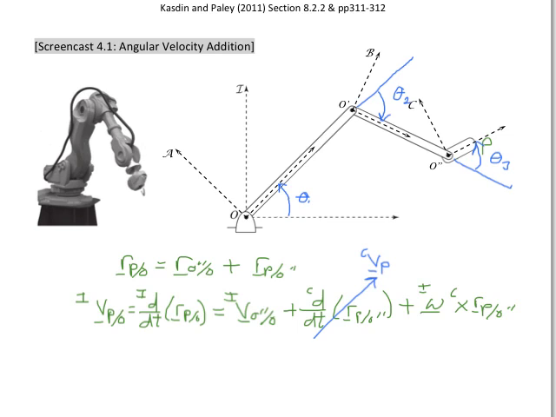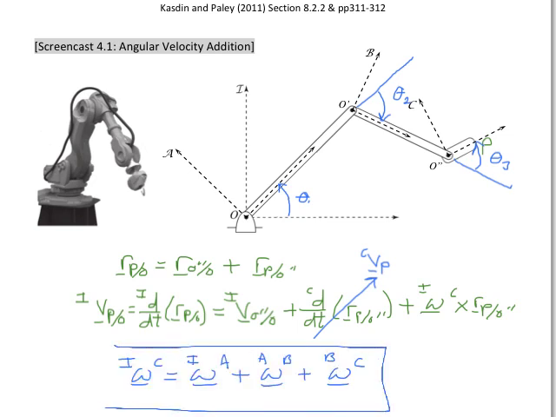Now I need to add a strong note of caution here. We came to this conclusion about adding our angular velocities by working through the transport equation and knowing how these velocities relate to each other. There's an elegant derivation of this in the book that I encourage you to look at, which comes to the same conclusion in a purely analytical style. But the point here is that we came up with these angular velocities and said we can add those together. And here's where you can really make a big mistake: don't be tempted to say, well, the angle of link 3 relative to my inertial reference frame, I'll just call this big theta,